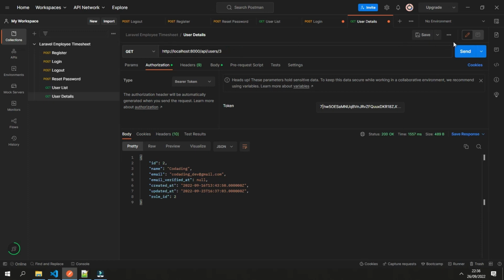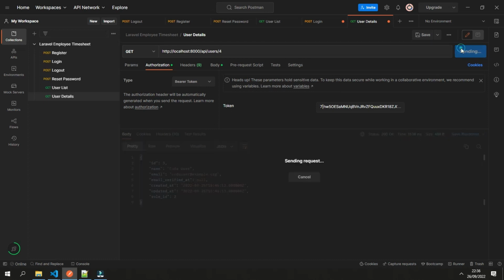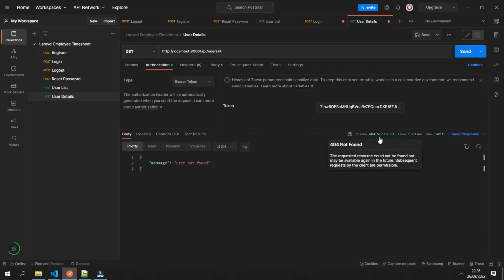Check number 3, also a correct response. And for example, if we try to find a user that does not exist, also correct, it returns a 404 not found and the message.